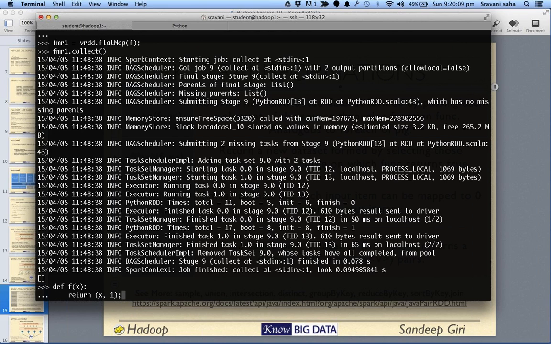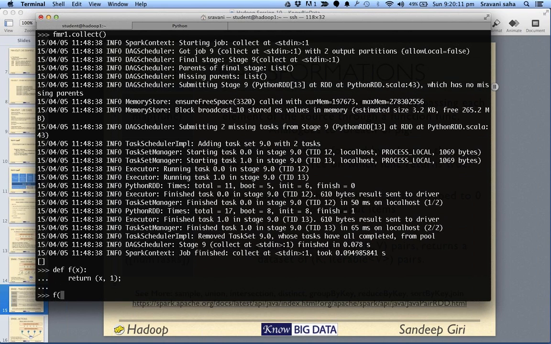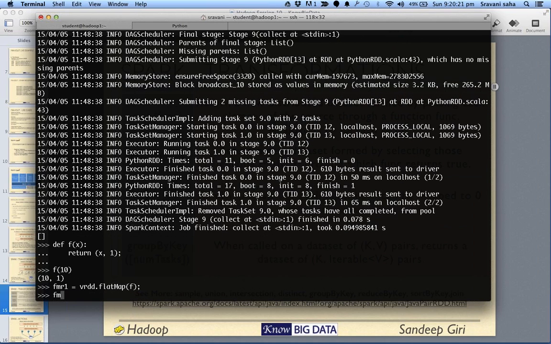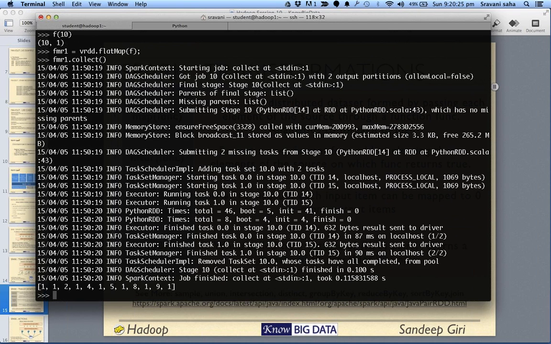If we pass something to it, say f(10), it is going to return something of this sort. Now let's apply it onto our normal vrdd. This time fmr1 will have something of this sort. So here these elements are basically key value pairs.